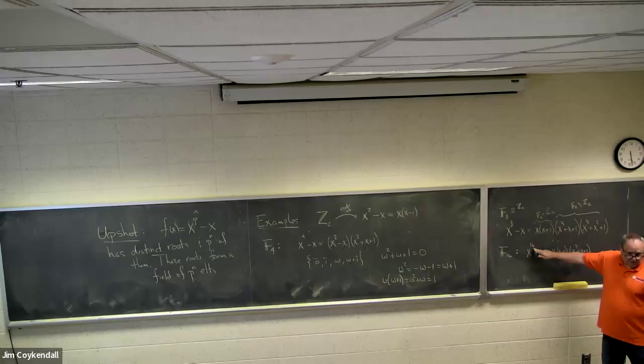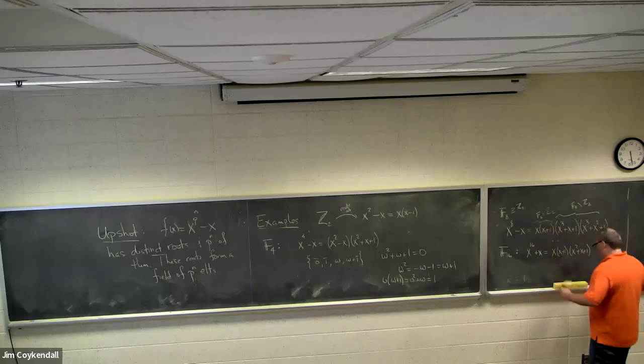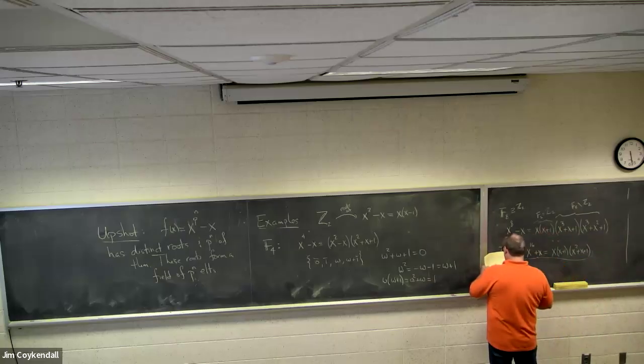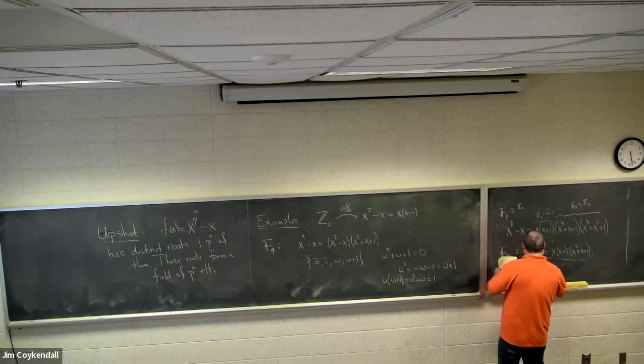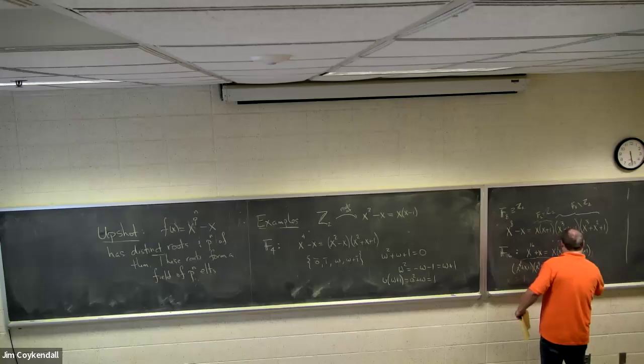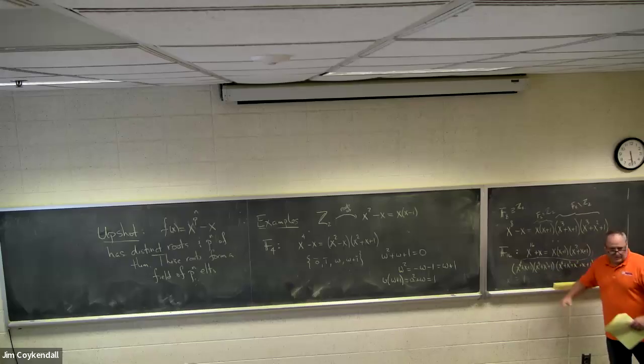It turns out that there are exactly three irreducible polynomials of degree 4 over this, and they all have to appear in this factorization. And they are: x^4 plus x plus 1, x^4 plus x^3 plus 1, and x^4 plus x^3 plus x^2 plus x plus 1. It turns out that these are the only three irreducible polynomials of degree 4 over the field